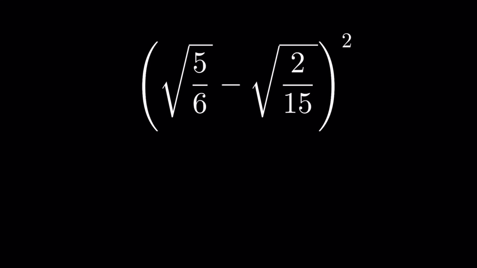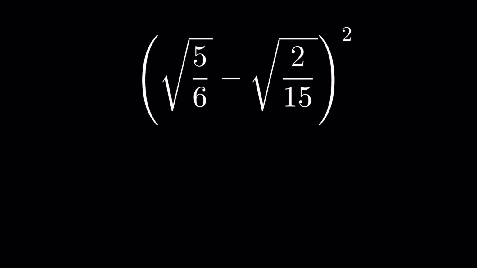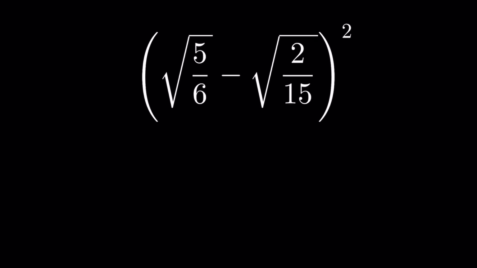Square root of 5 upon 6 minus square root of 2 upon 15, whole square. We have to solve it. Let's try. So if we consider square root of 5 upon 6 as a and square root of 2 upon 15